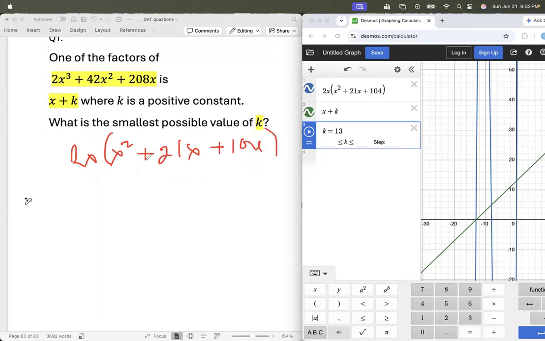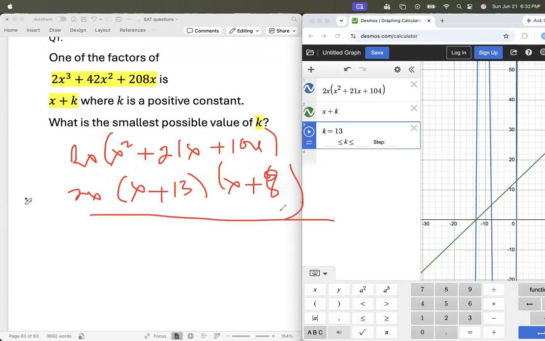We already know about that. That means 2x is equal to x plus 13 and then x plus 8. This is your actual factorization, right? And therefore, you can see this is not in the form of x plus k. This is in the form